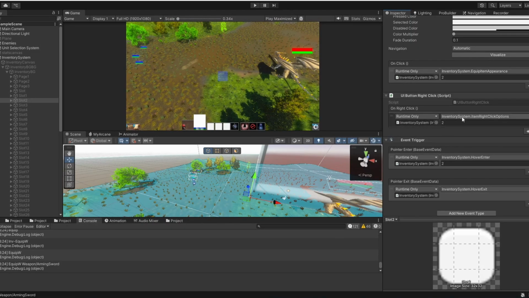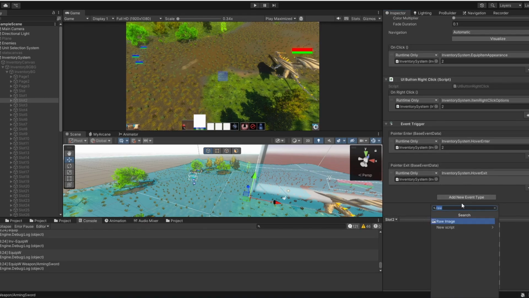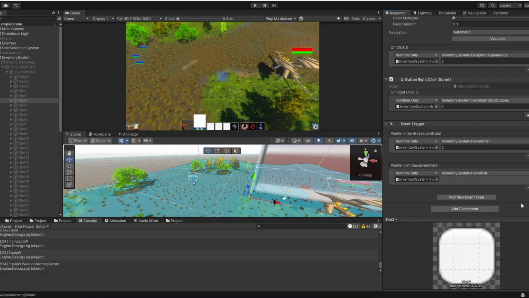If you want to use it as well, you can just copy that. Okay, so I have the button, I have the event trigger, which you can just add by Add Component, Event Trigger. And this is what I didn't even use a button for